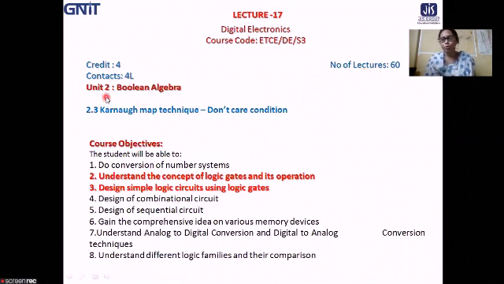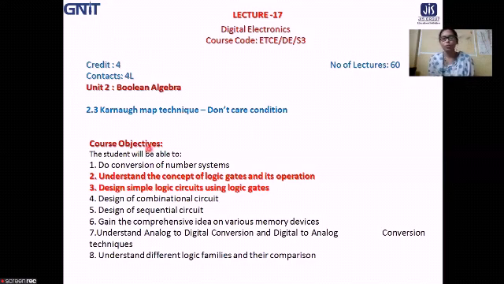So today we are in module number 2, that is the Boolean algebra, and we are going to study section 2.3, that is a subtopic in unit number 2 or module number 2. So section 2.3 is K-map techniques or Carnot map techniques and the don't care conditions. In the case of K-map techniques, we will be studying the 2 variable and the 3 variable and 4 variable and also the don't care conditions or the combinations that occur in the K-map minimization.